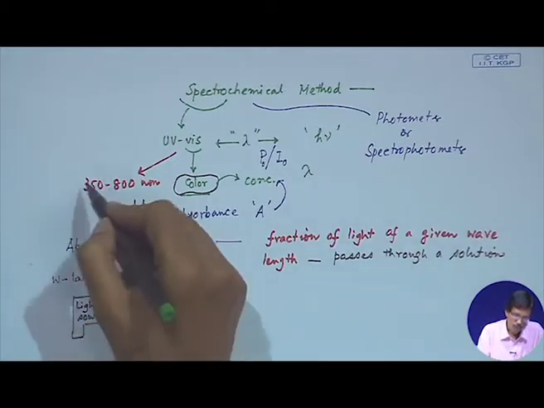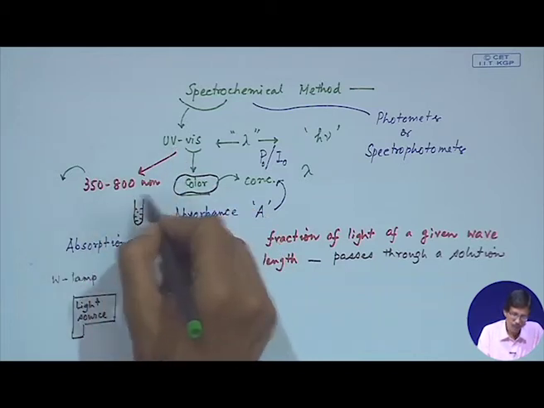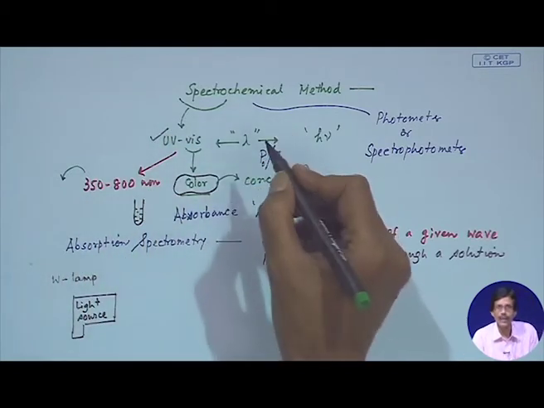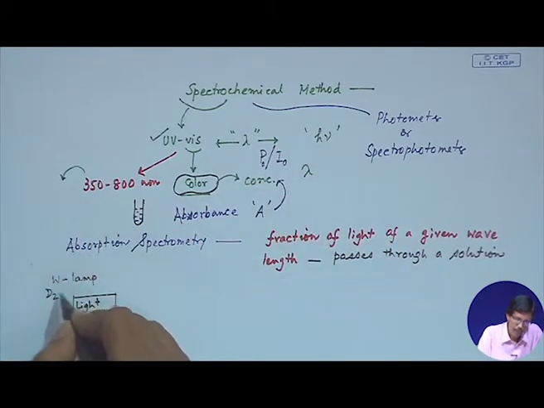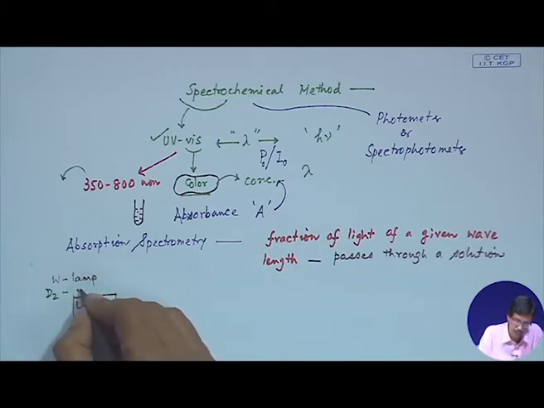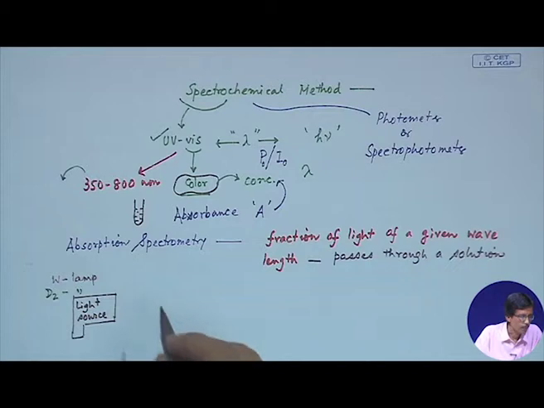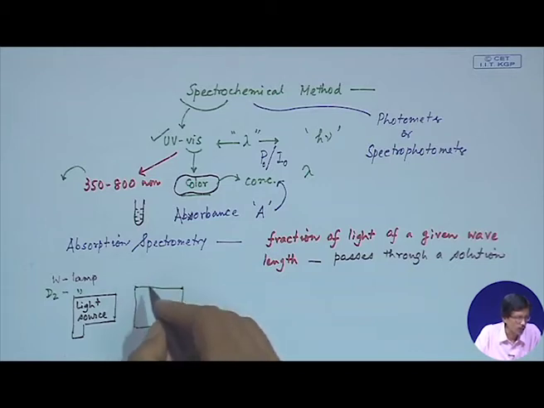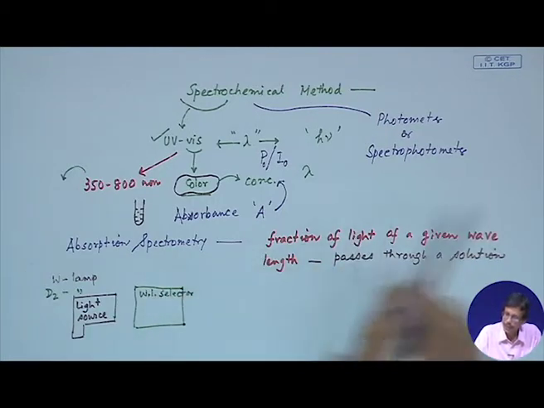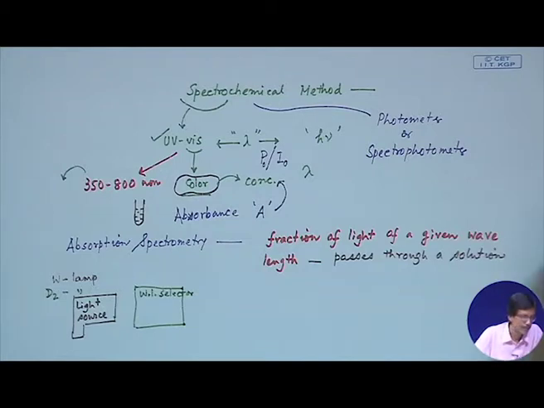When we go down, that means below this particular wavelength, that is nothing but your UV range. So, in that UV range we have to have some lamp which is based on hydrogen or deuterium. So, it will be a D2 lamp. So, depending on the different light sources, the light that is generated from there next passes through the corresponding wavelength selector, and that wavelength selector is nothing but a filter